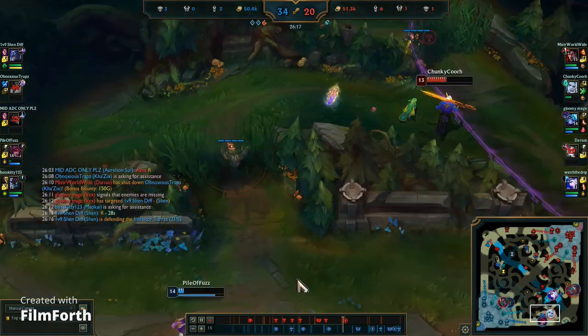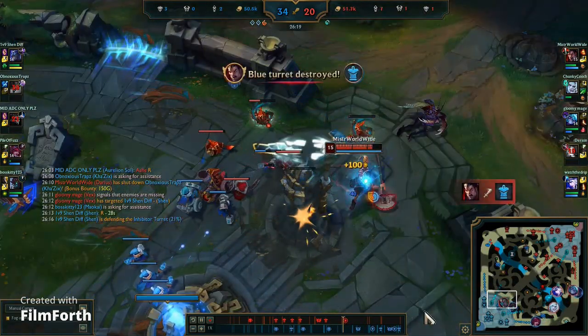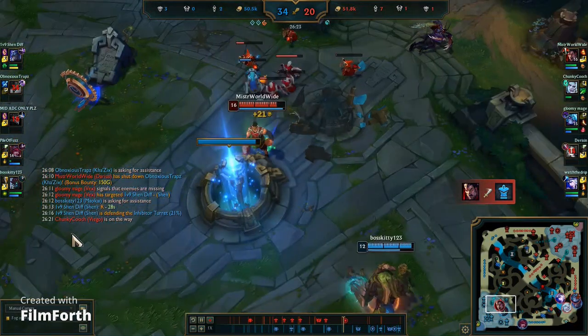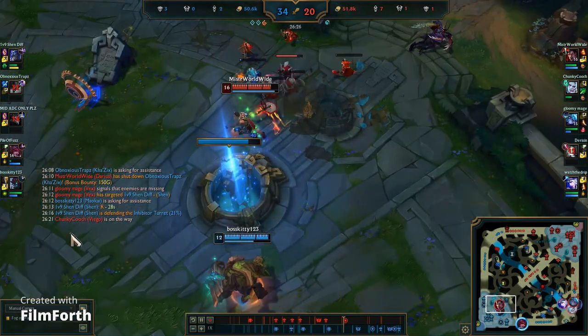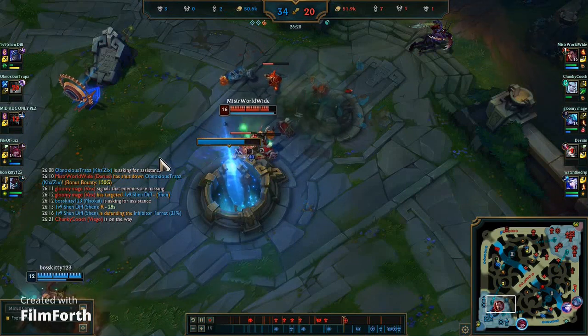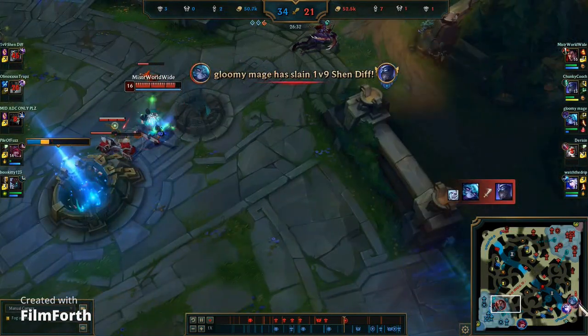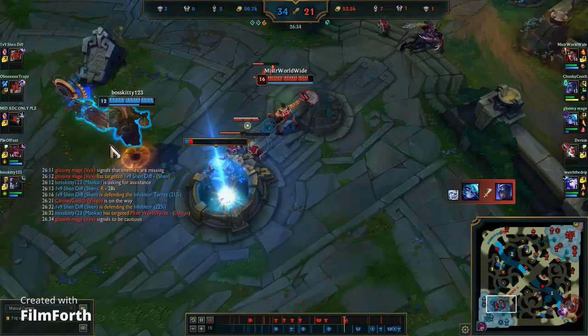But that's alright. We end up losing mid inhib, I believe, here, because there's no one to back me up, and I obviously can't duel this guy. 4 levels below. So I just kind of harass him a little bit, try to get the wave off. But I really have to wait for help. Shen gets caught over here too. Just whatever, but...